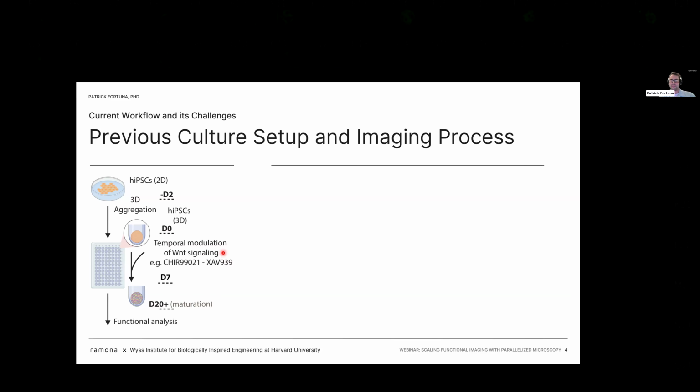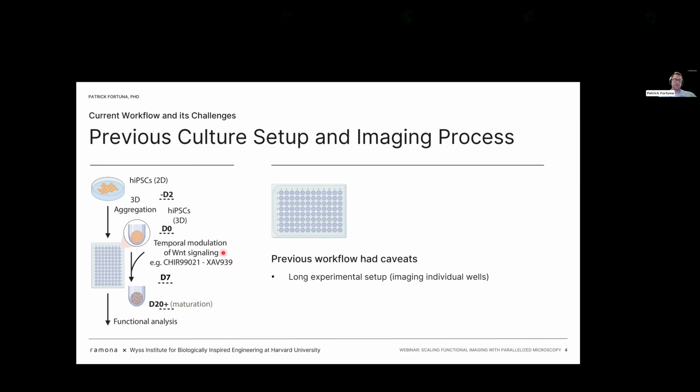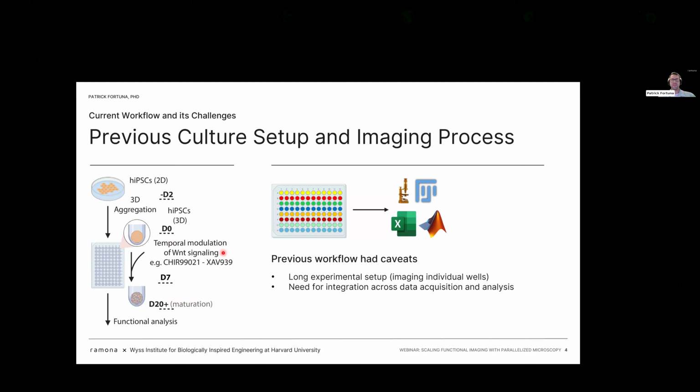When it comes to the functional analysis, though, something like when you're trying to image, you could run into the issue of long experimental setups. So you're imaging individual wells. When it comes to doing 96 wells, that can take quite a long time. You've got to program your positions. And then when you're actually acquiring your data, you need to have integration across your data acquisition and analysis, because it's not always the case that how you're acquiring your data is going to have an end-to-end method to actually analyze it straight away. So a lot of people either do custom software,